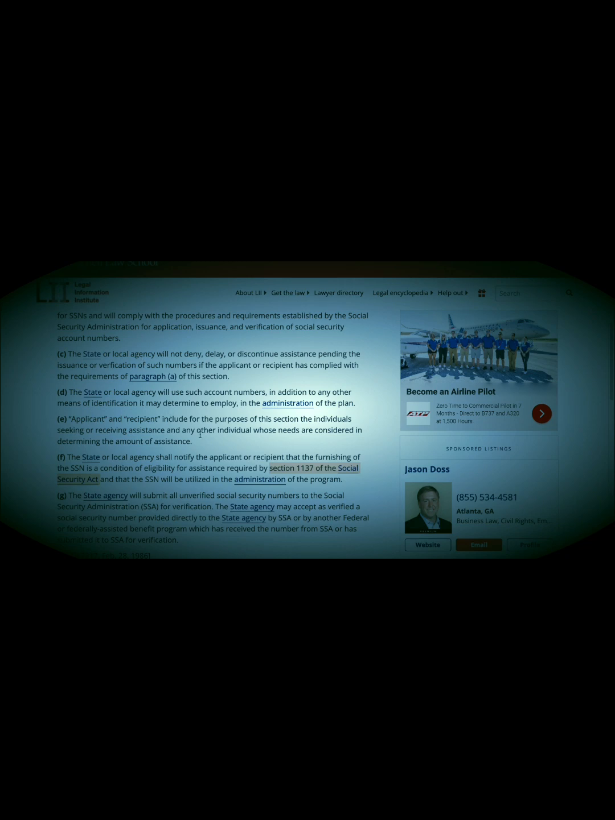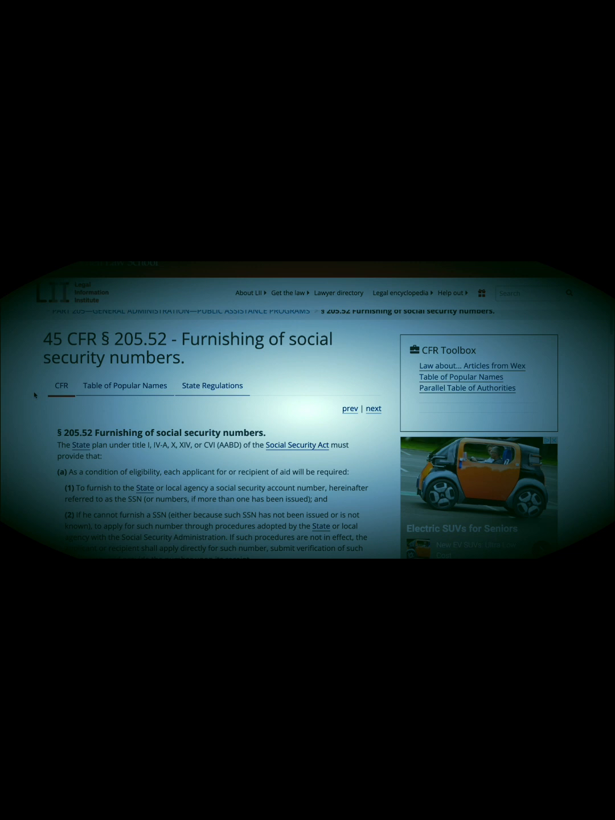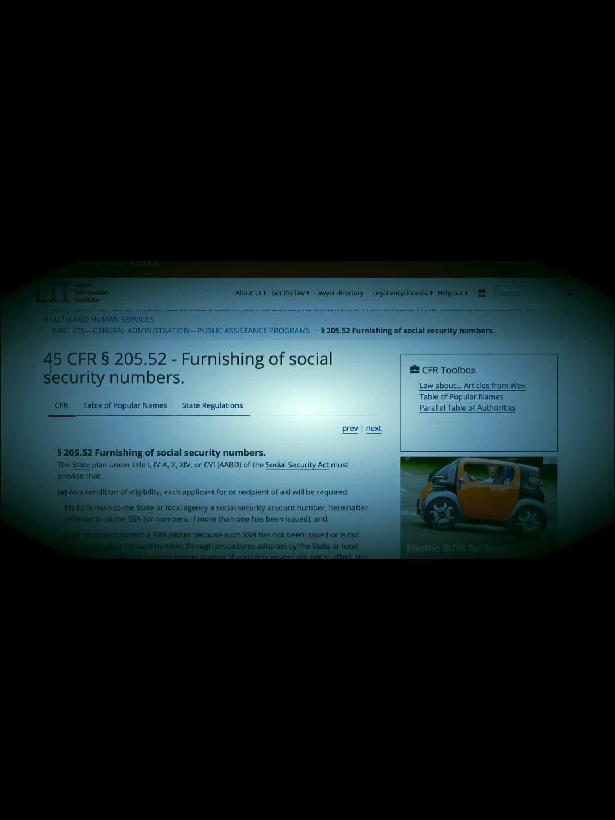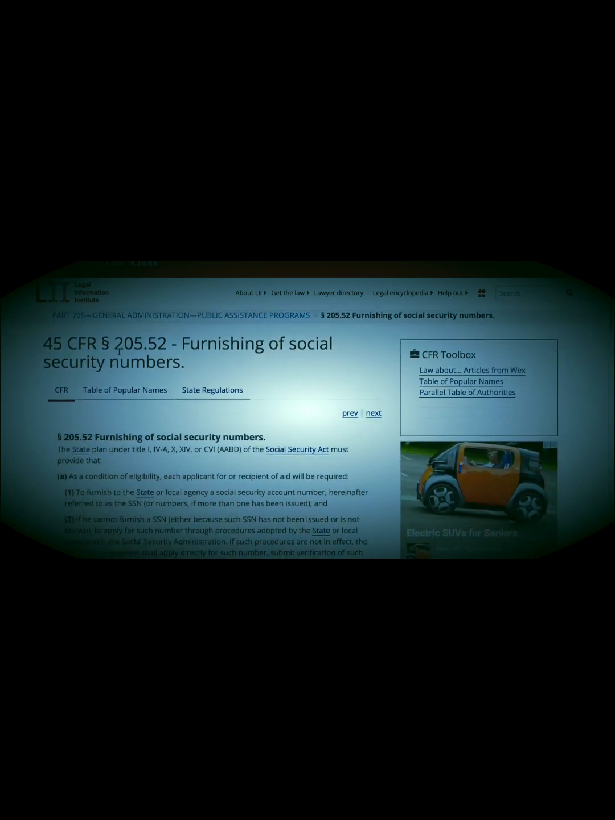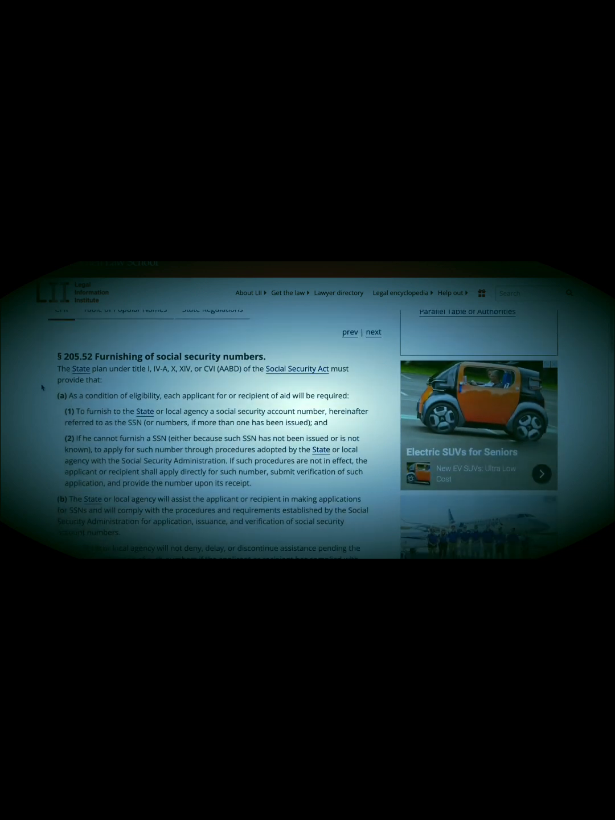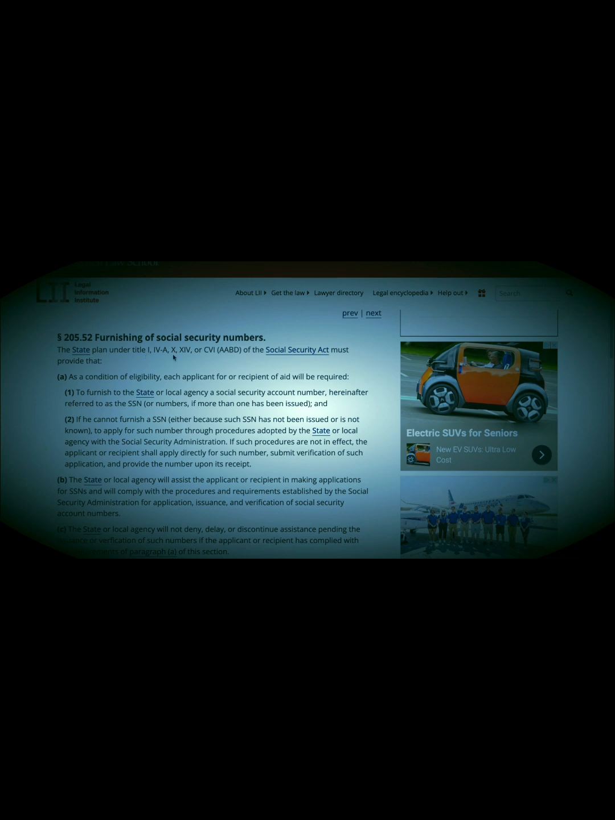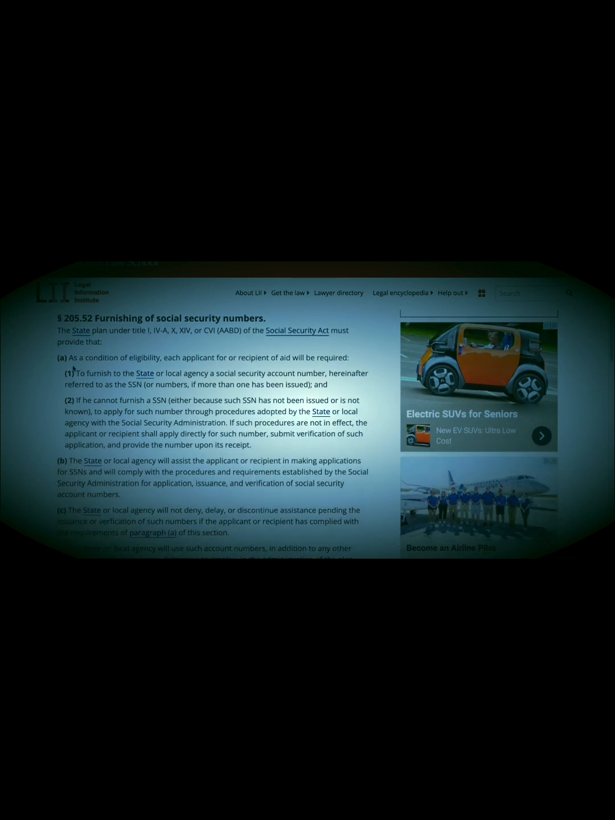Okay, so go back to where we was. And matter of fact, I'm gonna read this too since I accidentally clicked on it. This is one of my windows that were open. 45 CFR subsection 205.52, furnishing of the Social Security numbers. A state plan under Title 1, 10, 14, or 16 of the Social Security Act must provide that as a condition of eligibility, each